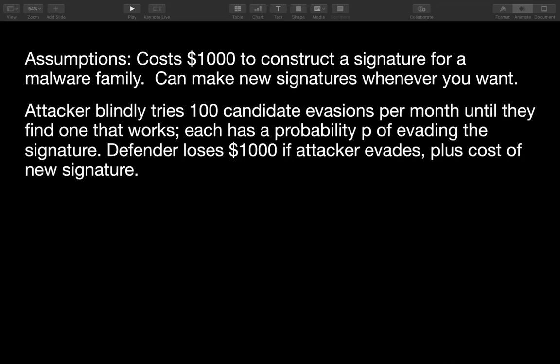Meanwhile, the attackers might be trying to evade detection so that your antivirus doesn't detect them. And let's say that the signatures are used in